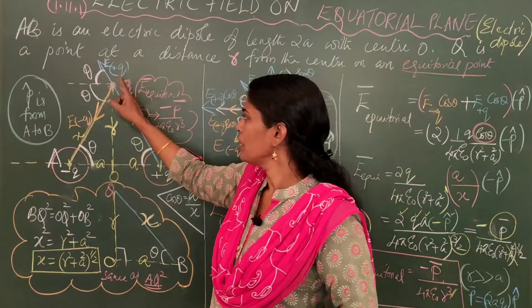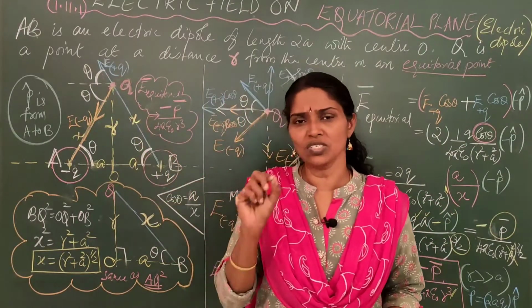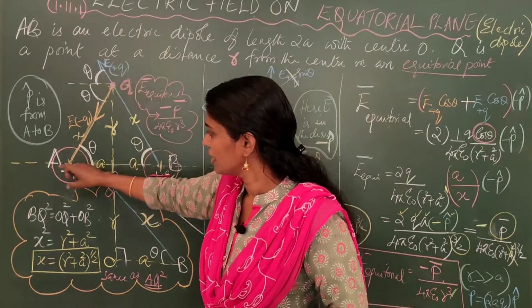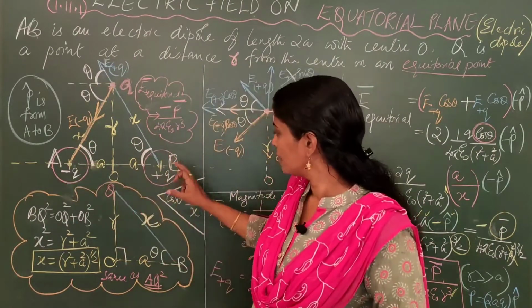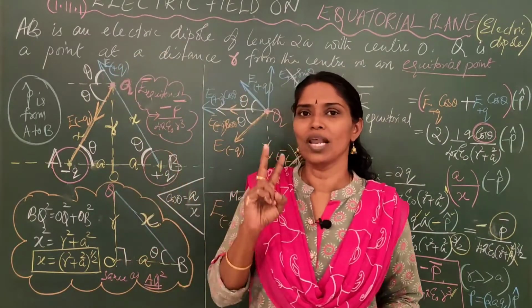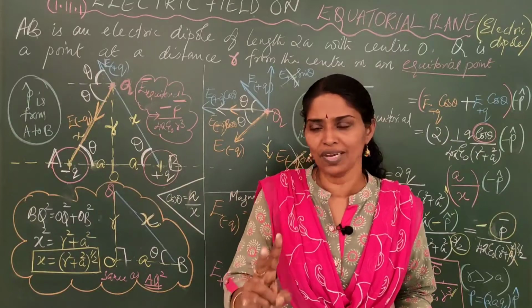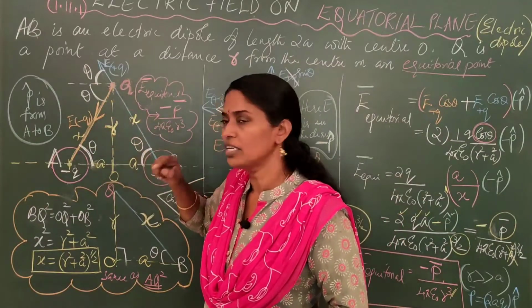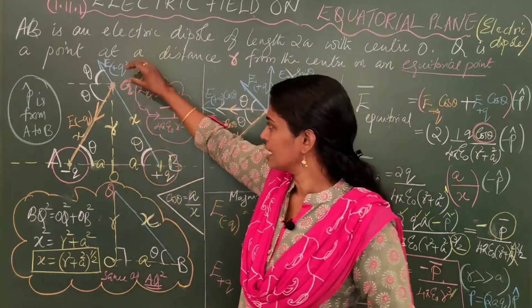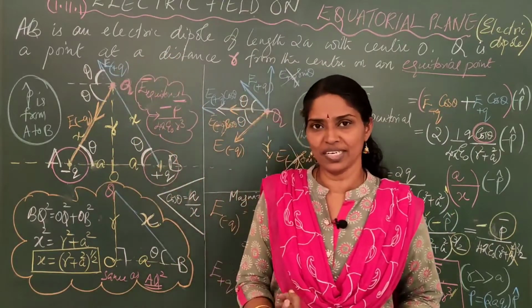So at the point Q, you are placing a test charge or unit positive charge. That charge is attracted by the minus q, at the same time repelled by the charge plus q. So at the point Q, simultaneously you will have two different directions for the field. One is in the direction of E minus q, the other in the direction of E plus q. If such a case happens, we go for resolution of vectors.